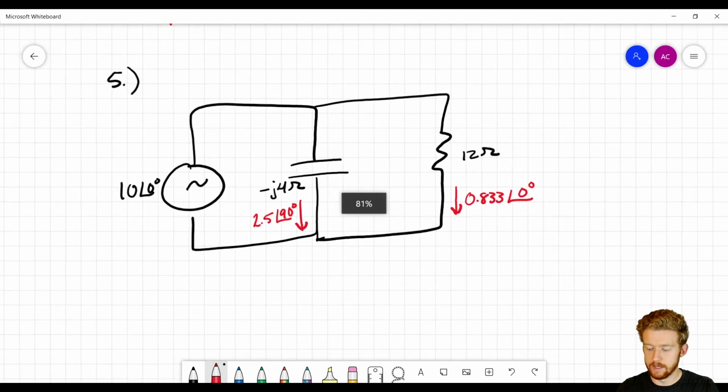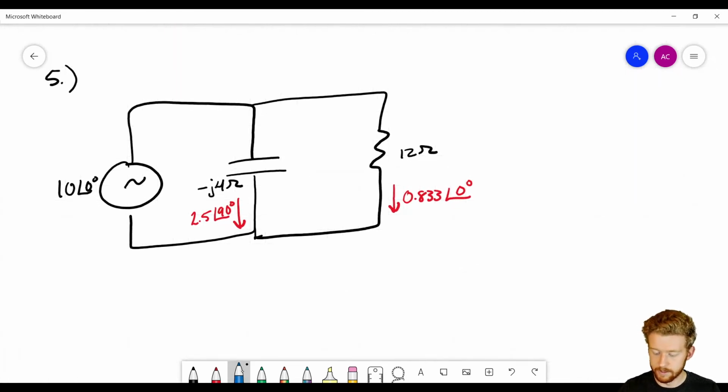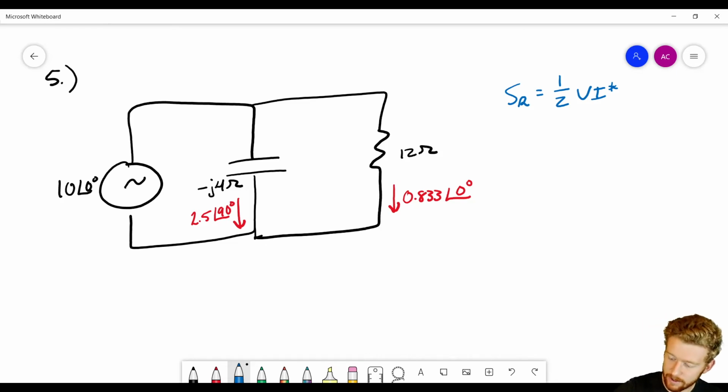I'm going to do it in a little bit less detail this time, now that we know the formulas. Let's calculate the apparent power in this resistor. So this resistor has a voltage of 10 with an angle of 0. Remember, apparent power is 1/2 V I conjugate. So 1/2 times V, which is 10 angle 0, times I conjugate. Well, I conjugate is still the same thing as I because we have an angle of 0 degrees, so times 0.833 angle 0. You can put -0 if you want to. It doesn't really change anything. So that's going to give us